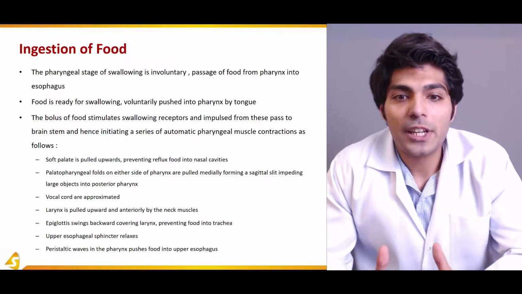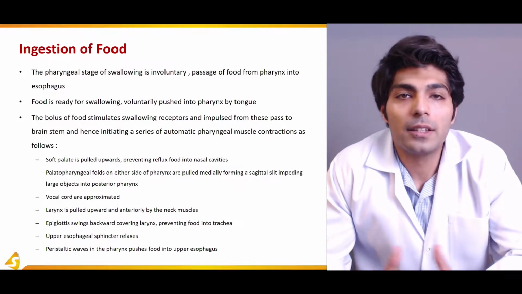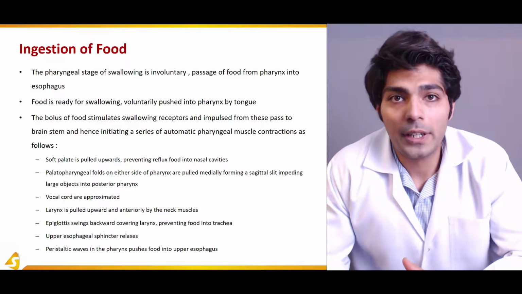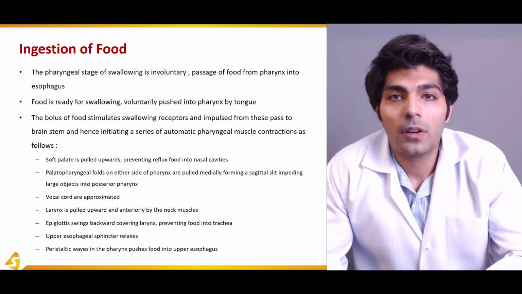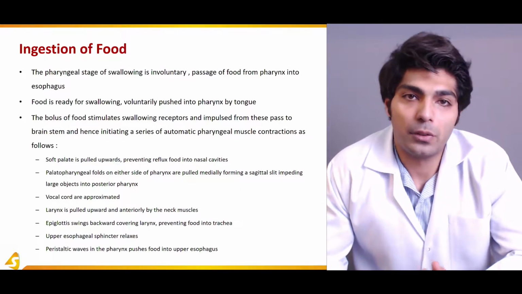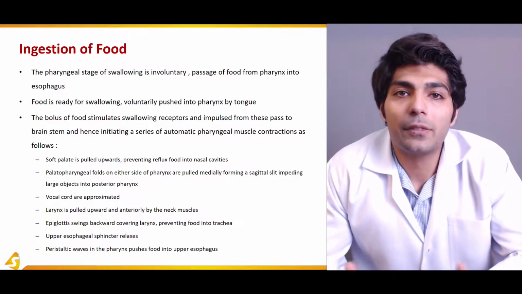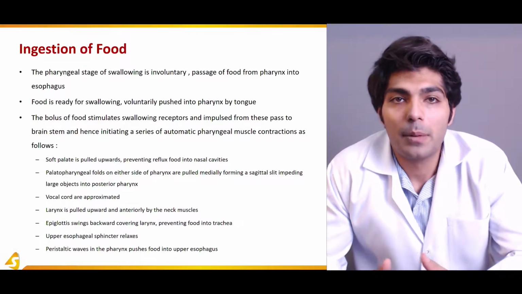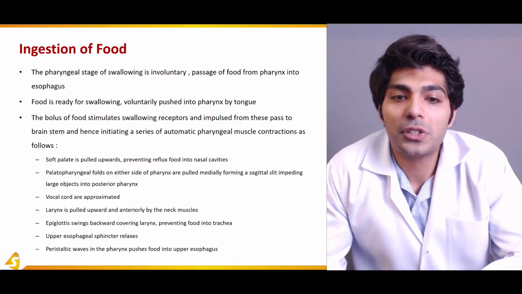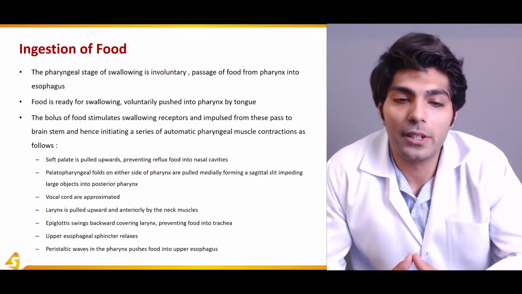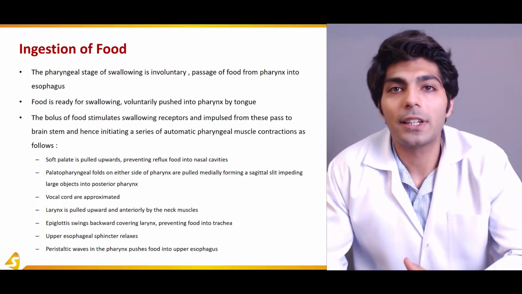Now the pharyngeal stage of swallowing is involuntary. However, we have just discussed the voluntary passage of food from the mouth, from the pharynx into the esophagus. So food is ready for swallowing. There is a voluntary push into the pharynx by the tongue. The bolus of food stimulates swallowing receptors and impulses from these pass to the brainstem, and hence initiate a series of